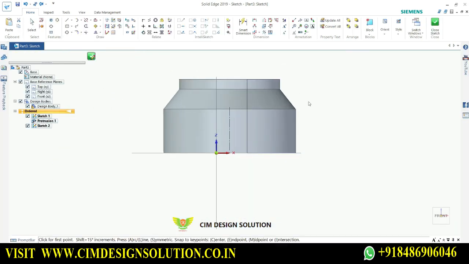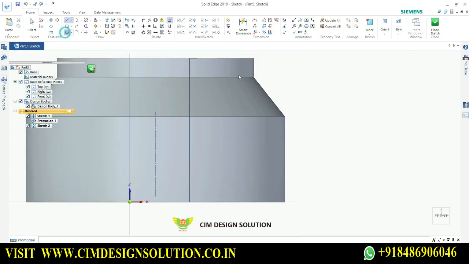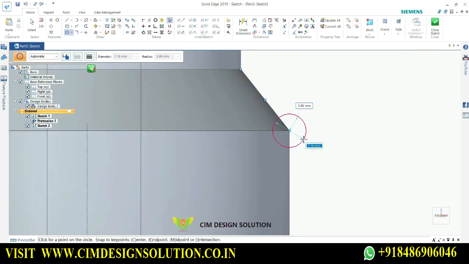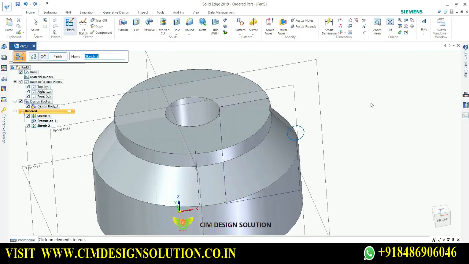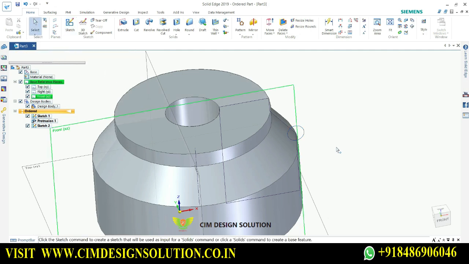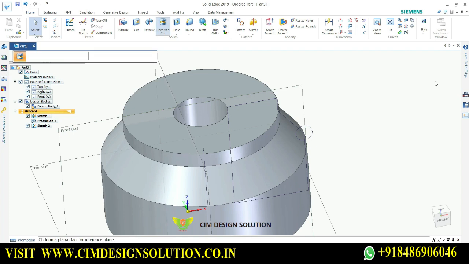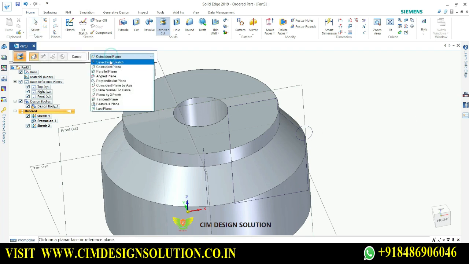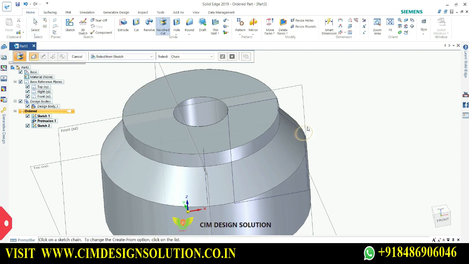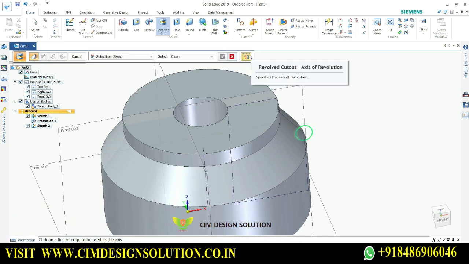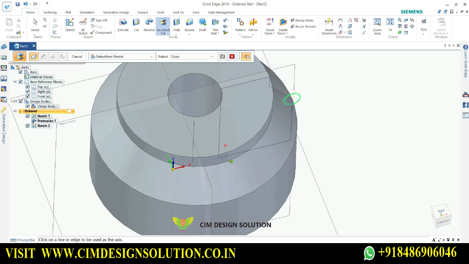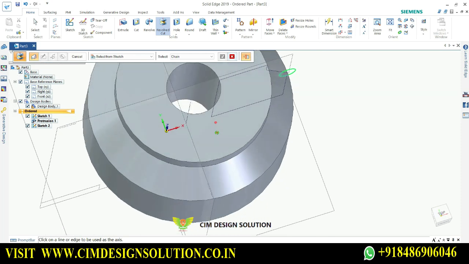okay, and here I am making a circle, okay, closing out this sketch, finishing it, cancel out of that. Right now go for revolve cut, you go for selecting from sketch, you select this particular sketch, which is done. Now the revolving axis, I am selecting this particular axis,